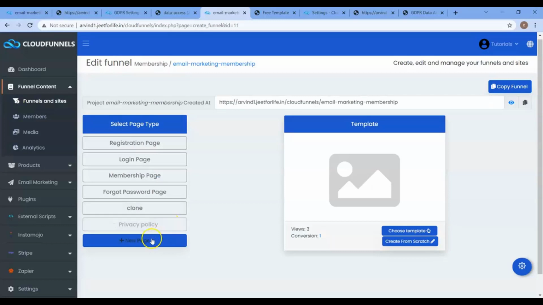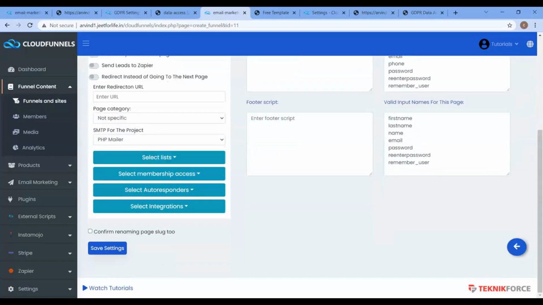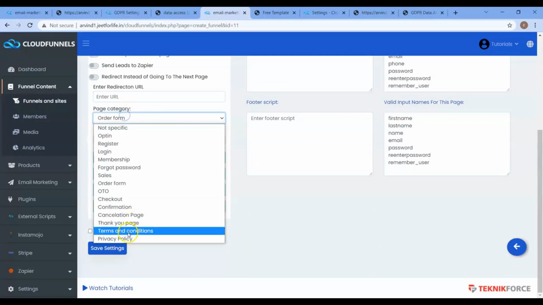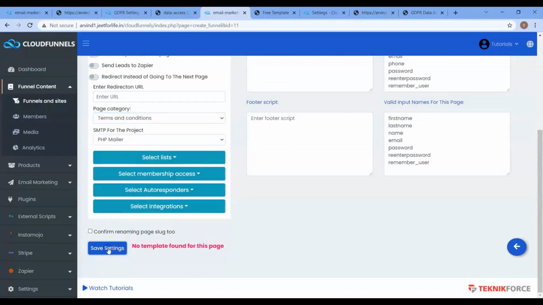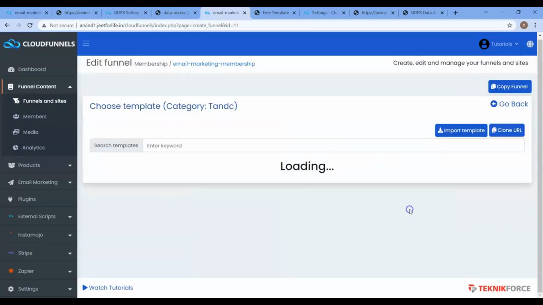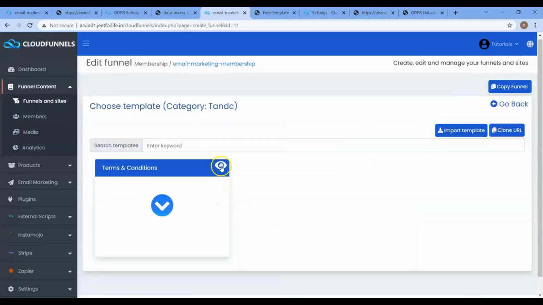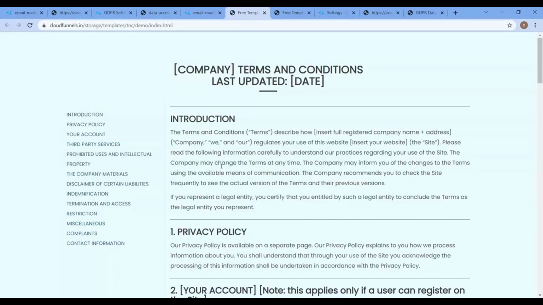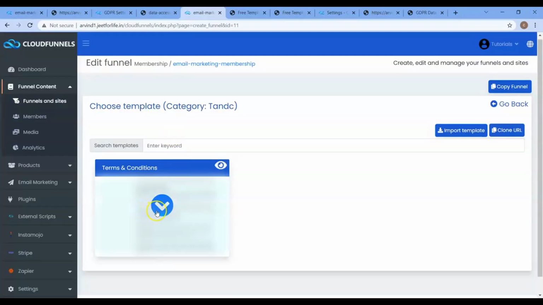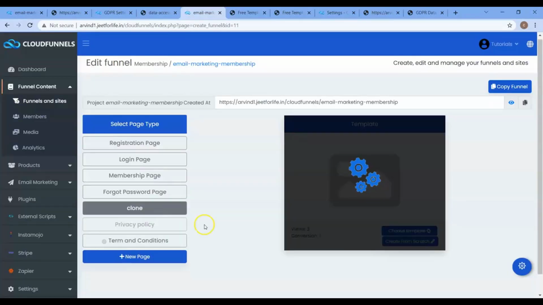Now add another one for the terms and conditions. Again, go to its setting, select the page category, save it, and choose your template. And that is how you set up your